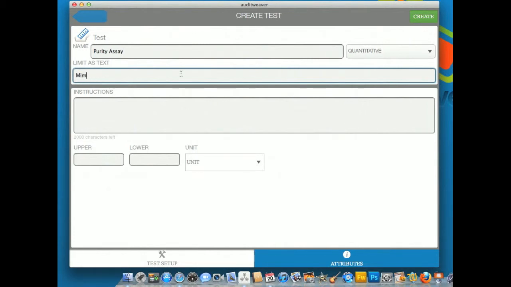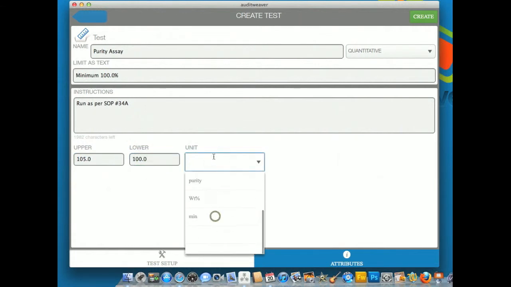I'll just say minimum 100.0%, and the instructions are run as per SOP number 34A. We'll give it a lower limit of 100.0. I want to just add in a 0 up here. And I'm sorry, the upper limit will be 105, just to catch any data entry errors, and the lower limit will be 100.0. And then the units I could pick from down here, I will say this is a weight